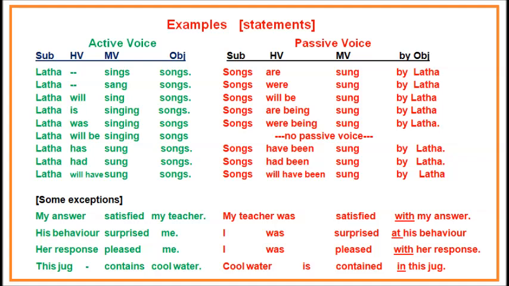His behavior surprised me. I was surprised at his behavior, not by his behavior. In the same way, her response pleased me. I was pleased with her response. This jug contains cold water. Cold water is contained in this jug. So these are the exceptions to that rule. By plus doer is placed after the verb. We should not always say by plus doer. In some cases,